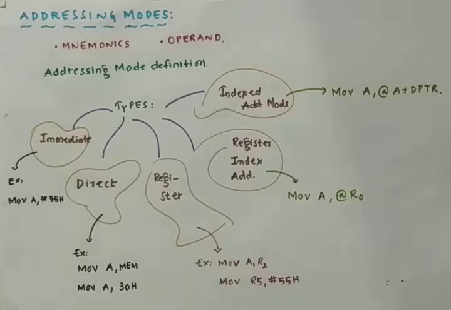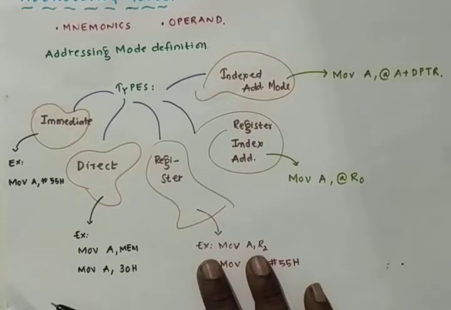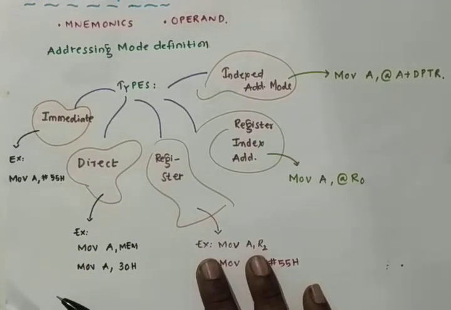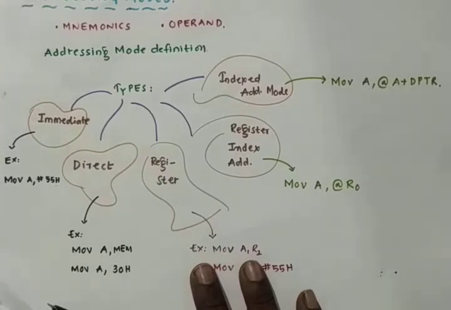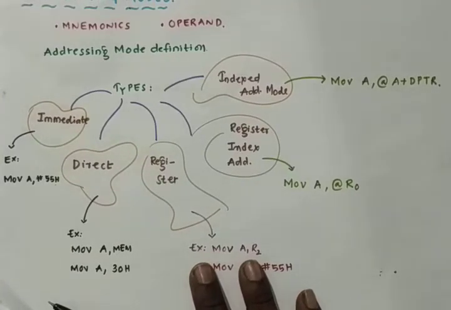In other words, the way in which the data source and the destination address are specified in the instruction for the data transfer is called the addressing mode. It should be noted that source and destination operands can be defined in different ways. Hence, addressing modes for the source and destination operand can be different from each other. This is the definition of the addressing modes: the way in which the data is accessed by the 8051 microcontroller is called the addressing mode.